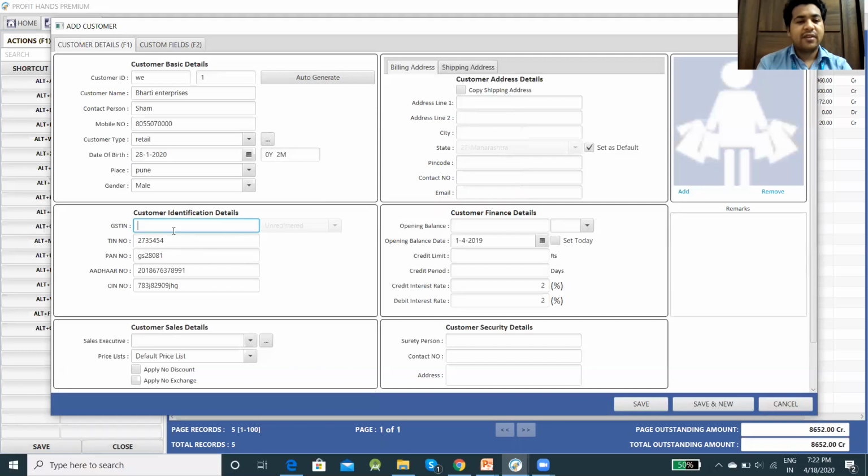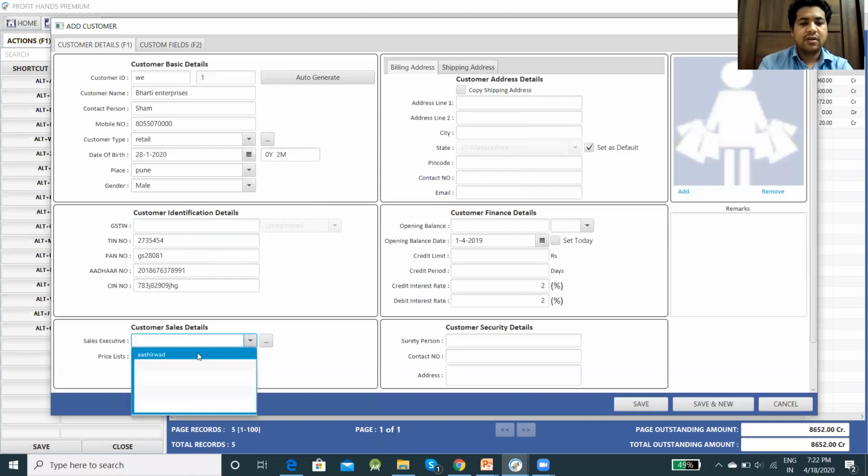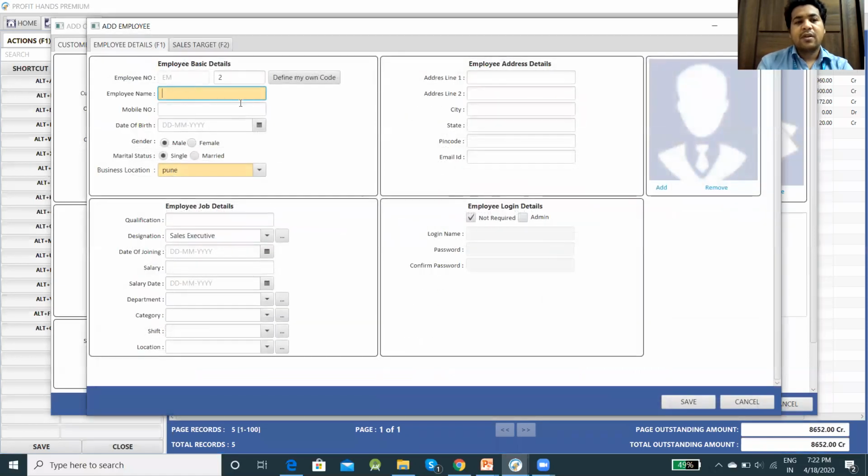So as I don't have any GST, I will skip this GST for right now. Then you can put up sales executive. So here a list of sales executive will come. If you want to add a sales executive, simply click on these three dots. It will show you the add employee details window. So simply you can add an employee.